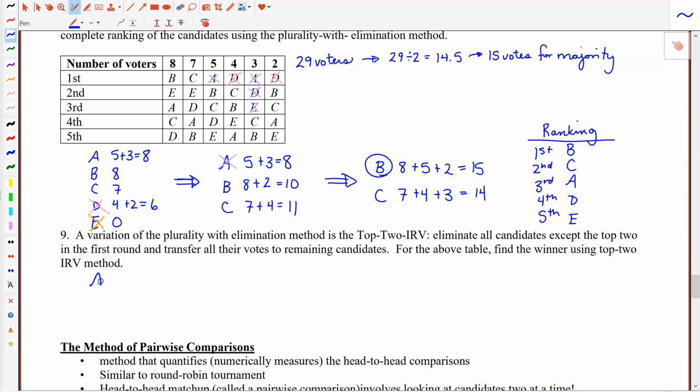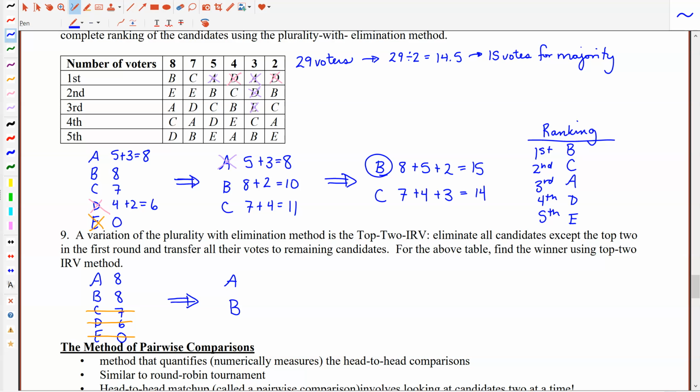So we would have A, B, C, D, and E. A has 8, B has 8, C has 7, D has 6, and E has 0. So in this method, we're going to eliminate everybody except for the top 2 vote getters. So in that case, we are going to eliminate C, D, and E. And we immediately go to round 2,